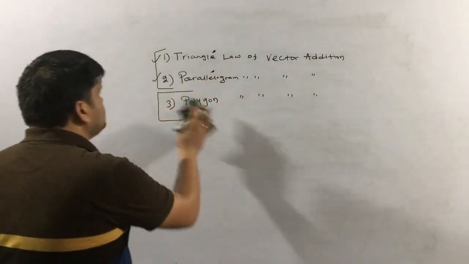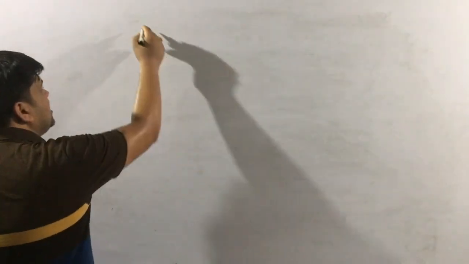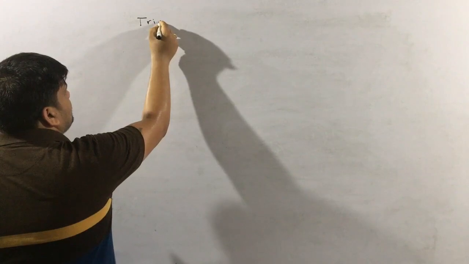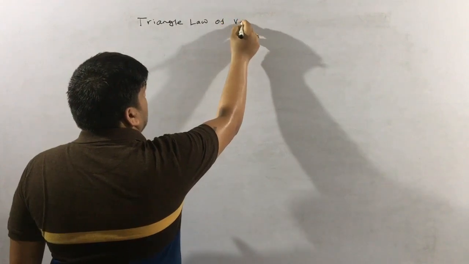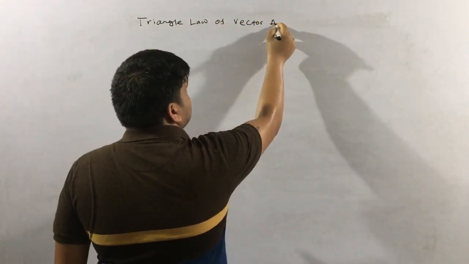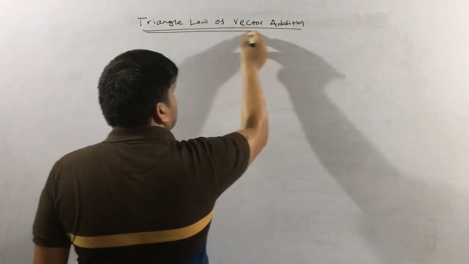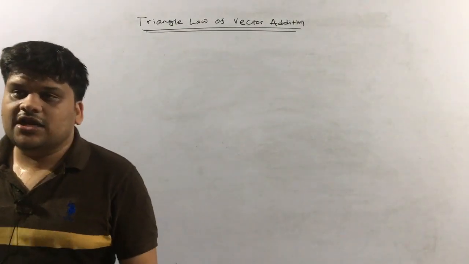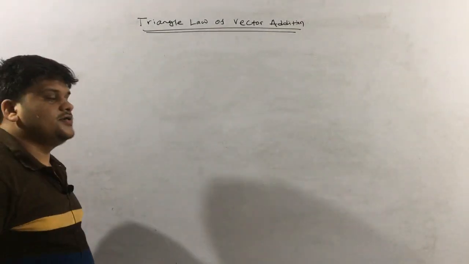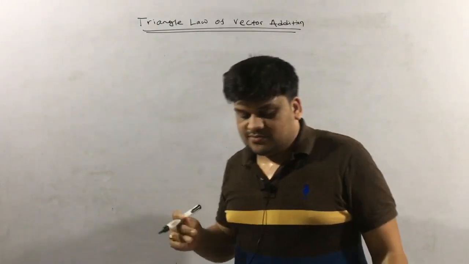Okay, now let us come to triangle law. If you want to understand what triangle law is and how to use it, then the other 2 laws are exactly similar, and there will be no difficulty in understanding. So first we will learn triangle law of vector addition. First let us define it. This triangle law, first we have to define it, and accordingly we have to go for the formulas, the derivation of the formula. This is also a long type question in your board exam, many times it comes.